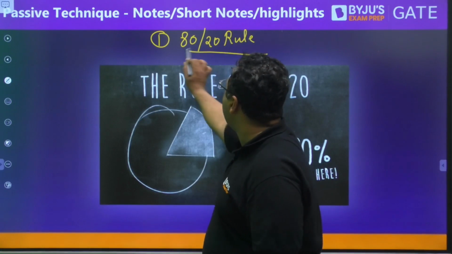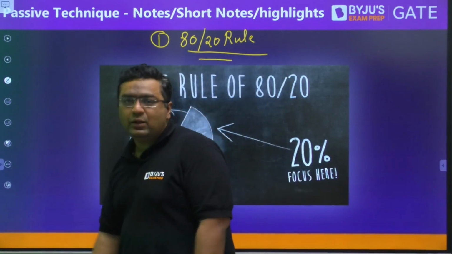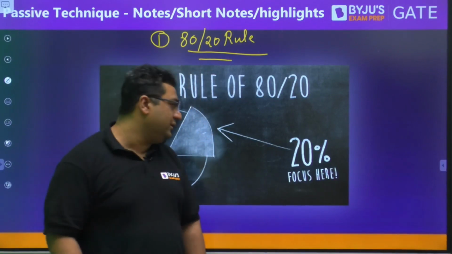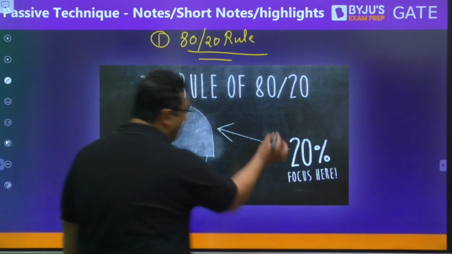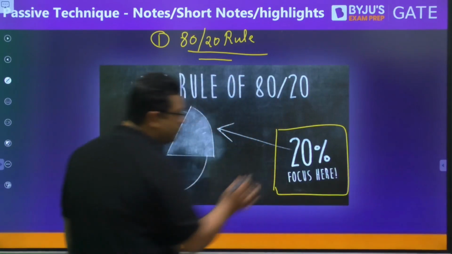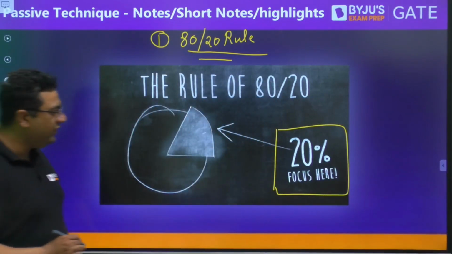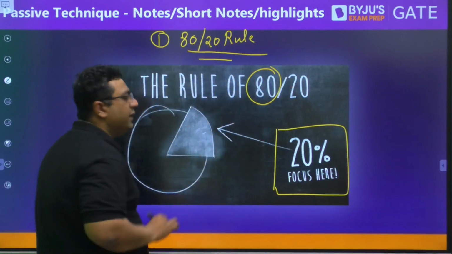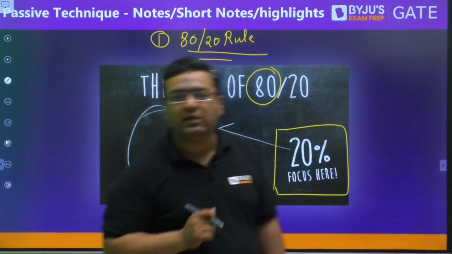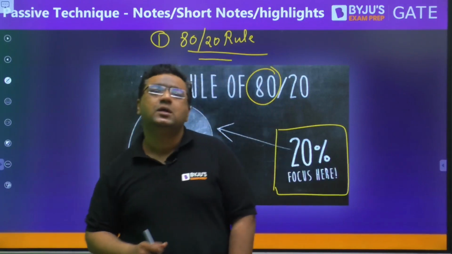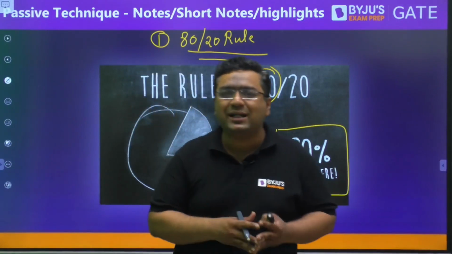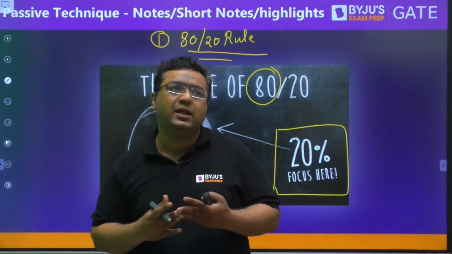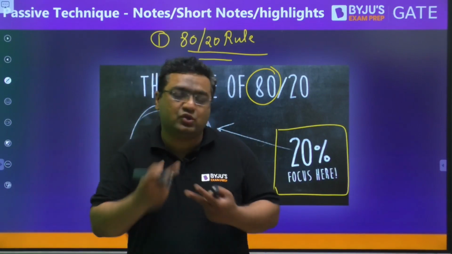This is a very, very important one. So when we are talking about the 80-20 rule, guys, I would like to tell you that in any subject there are some 20% topics out of which 80% marks are coming. 80% weightage is given to the 20% topics. So whenever you start a subject or a class or a syllabus, you must understand those important topics. Identify those topics.